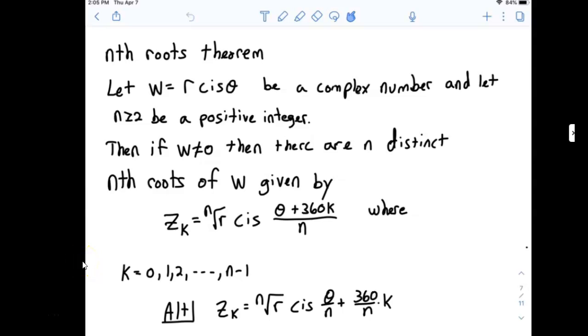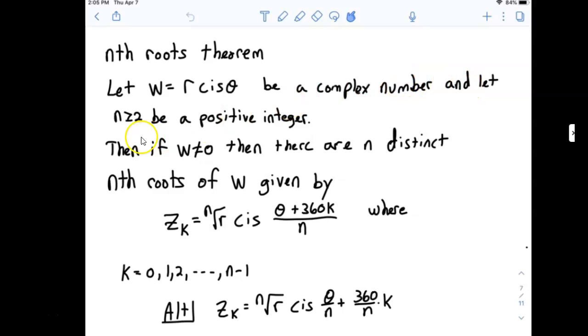Alright, so in this video we're going to go over what's called the Nth Roots Theorem and then see an example of how to use it. So the Nth Roots Theorem says, hey, if we have a complex number written in trig form, r cis theta,